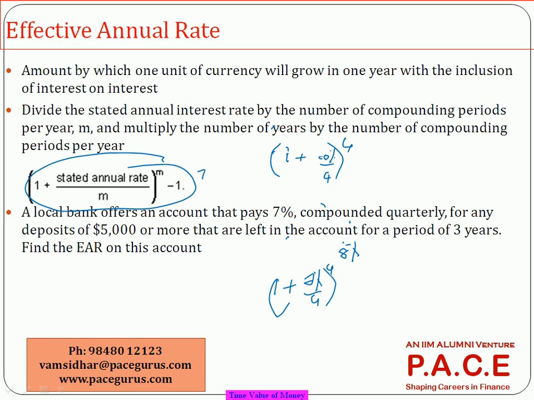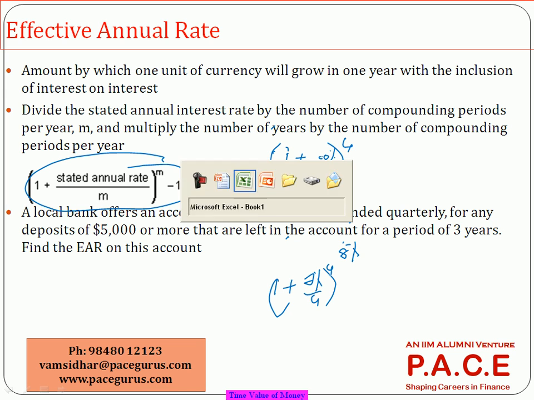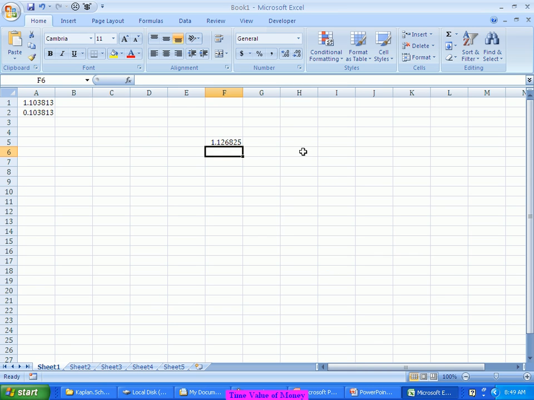But here we are asked only about the effective annual rate. So we are using only this rate, 1 plus. So it will be more than 7% itself. And probably a better relationship, I'll tell you. So we'll talk about the same interest rate of 10%. We'll take one example. Same interest rate of 10%. Let's say it is compounded yearly,